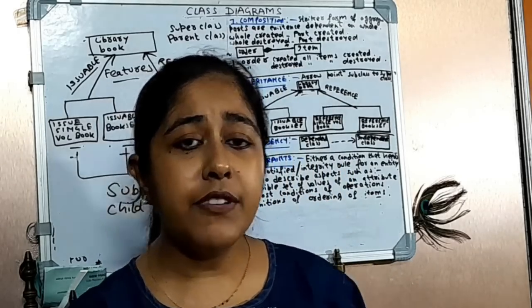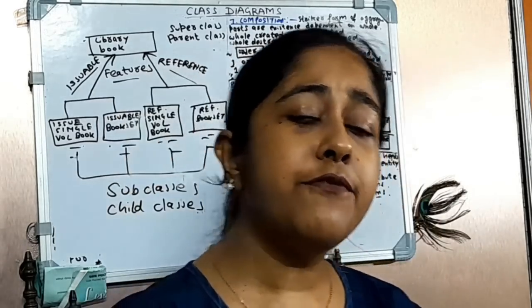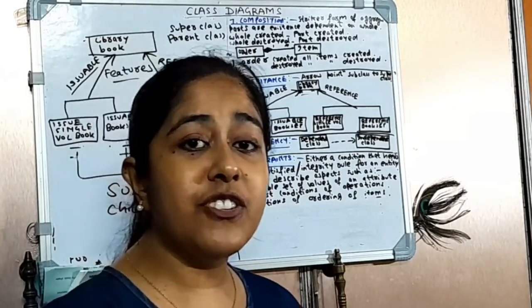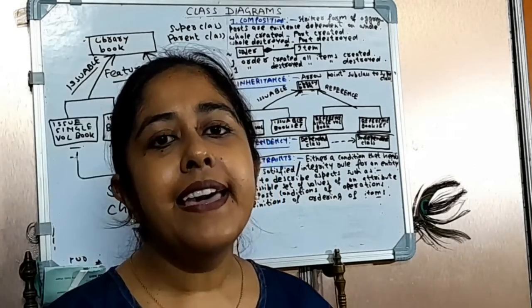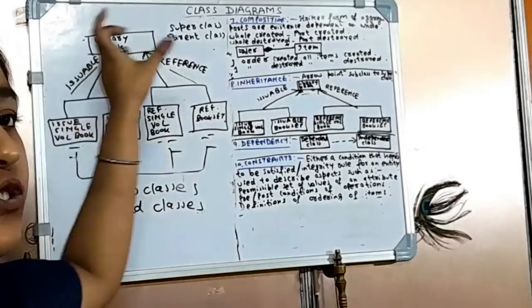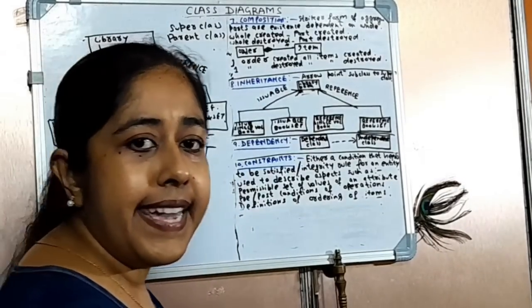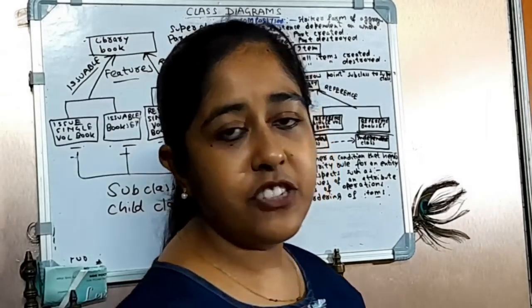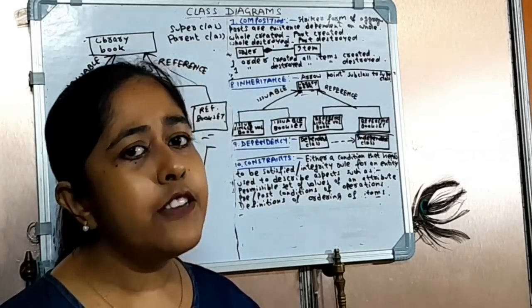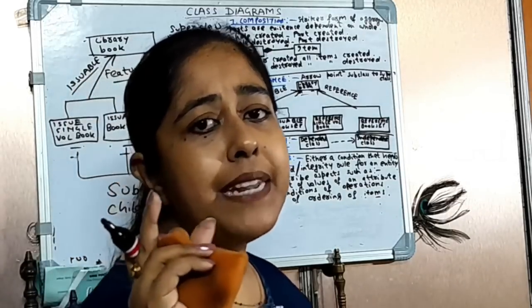Basically these have the main feature, that is, they are a library book. So this particular feature is being inherited by these two subclasses. This whole thing is shown with the help of the inheritance relation. You can take any number of subclasses, and you have to show the main parent class,